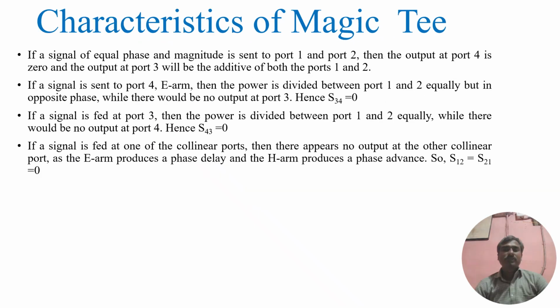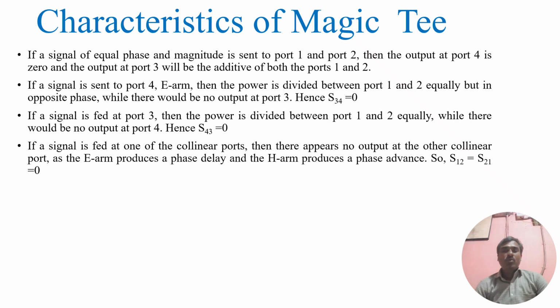If signals having equal magnitude and same phase are fed at port 1 and port 2, the signals will be added and you will get the sum output at port 3 and 0 output at port 4. Similarly, a signal sent at port 4 will be divided with equal magnitude and opposite phase among port 1 and port 2,